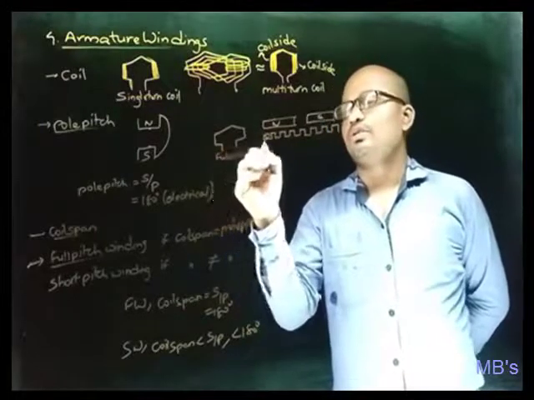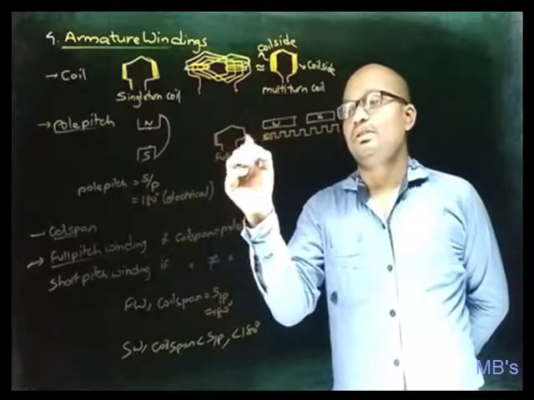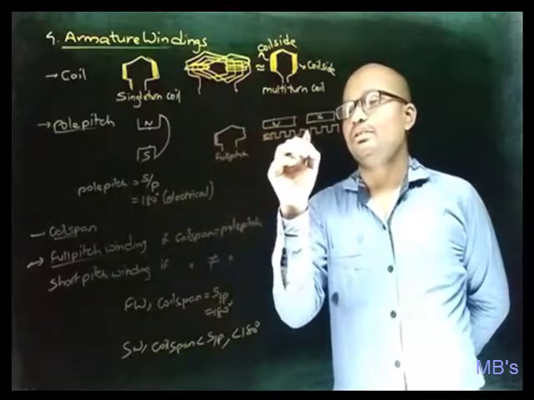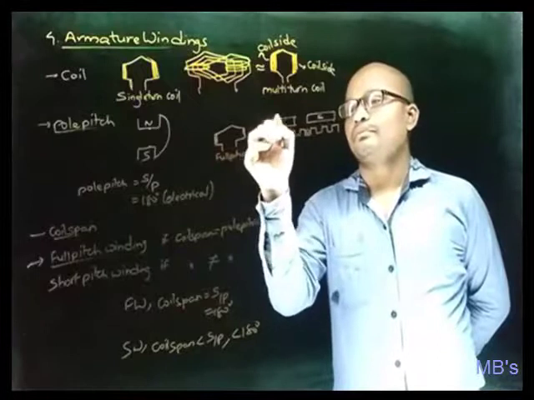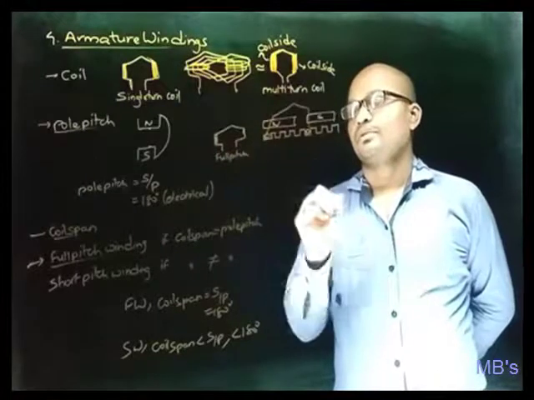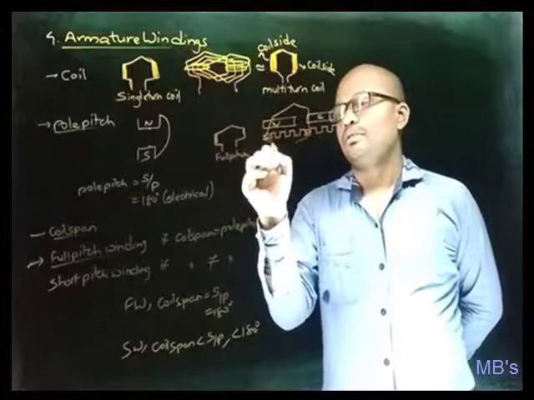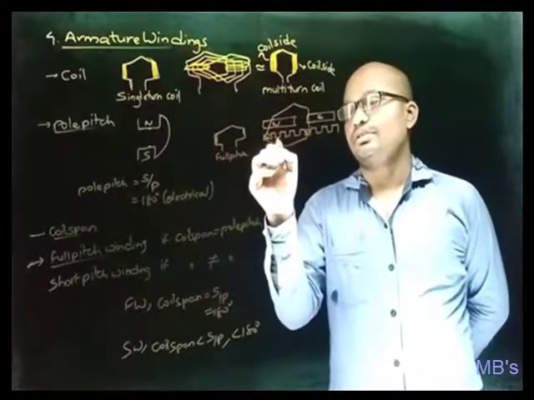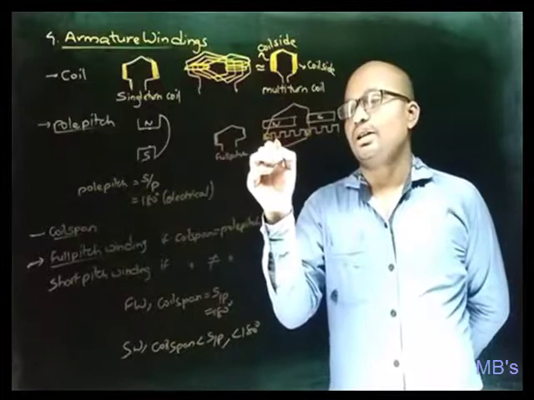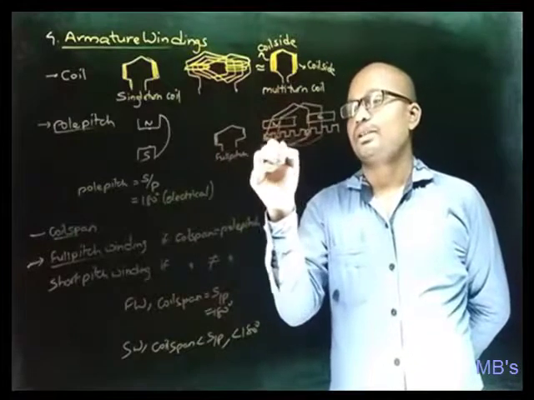Let us suppose if I place this coil side in this slot, then this coil side will come under this side, means like this. Now if I extend it to another coil like this and like this,